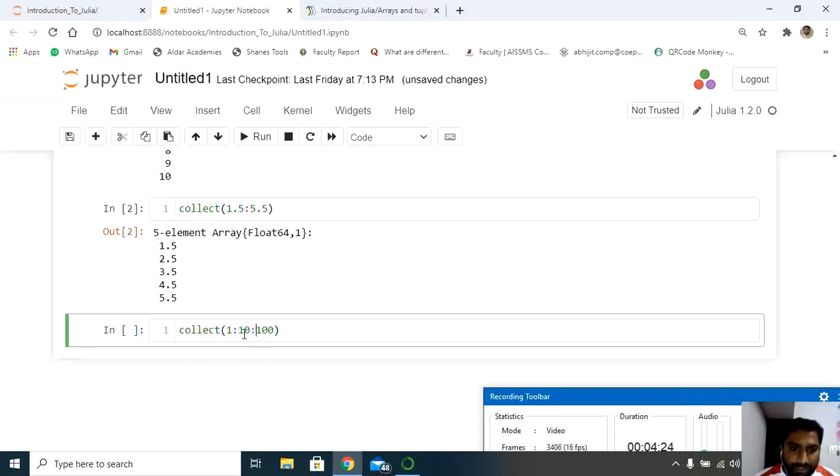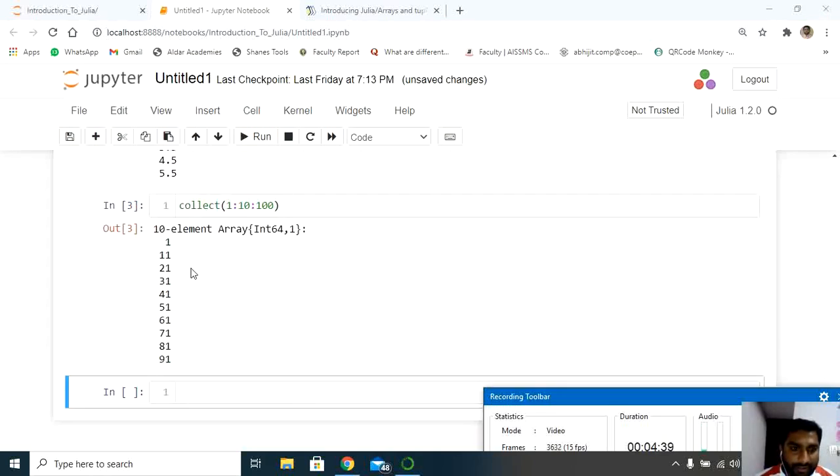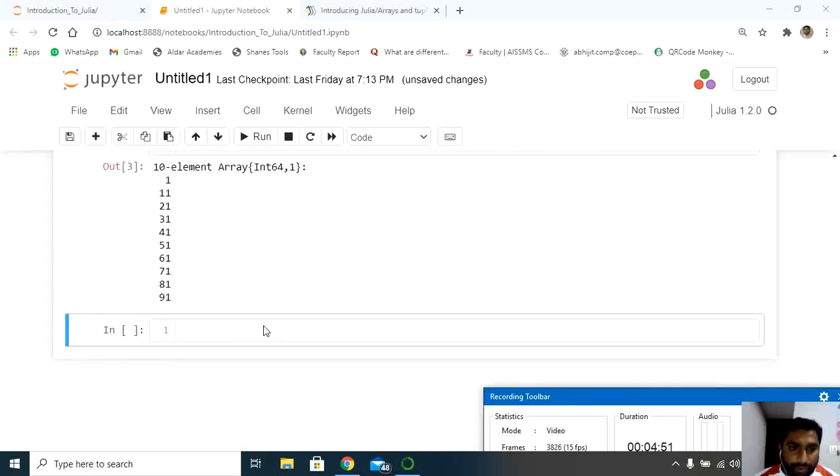So it gives me the values from 1 to 100 with a difference of 10. Let's execute this. Now you can see it has given me the numbers with a difference of 10, which starts from 1, then 11, 21, 31, 41, like that. I have the range up till 91 here.